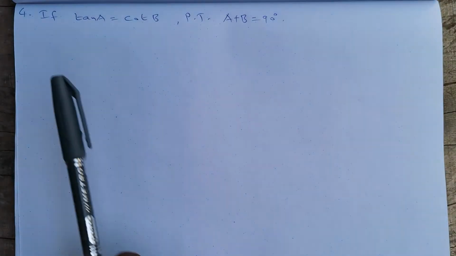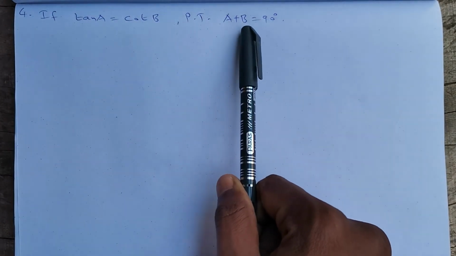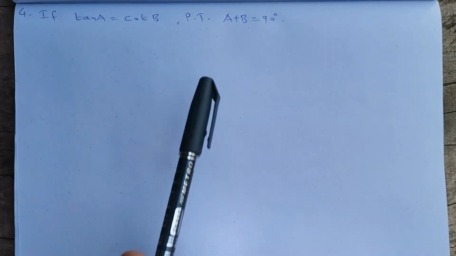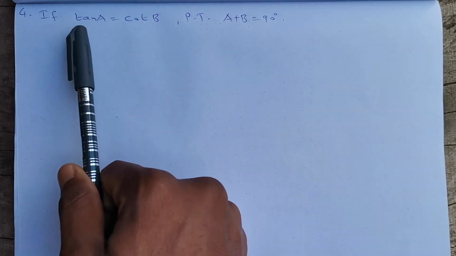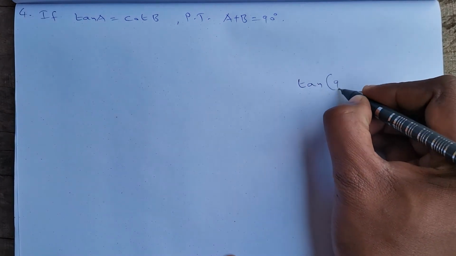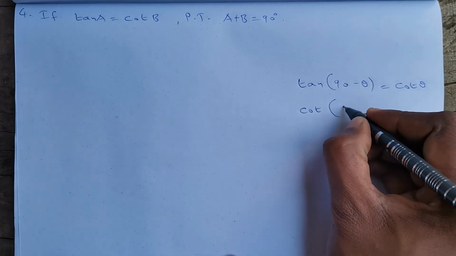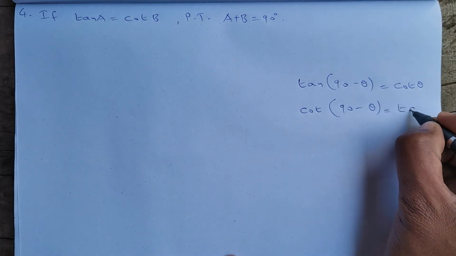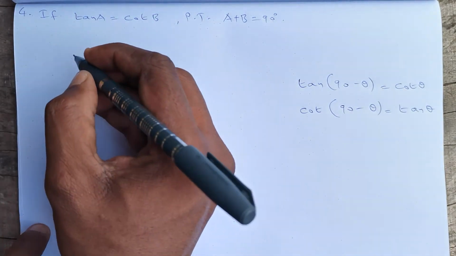Next, question number 4. If tan A is equal to cot B, then prove that A plus B equals 90 degrees. Here also it is the same. Before comparing the angles, we need to have the same trigonometric ratio on both sides. But here on the left side we have tan and on the right side we have cot. So any one we need to change. The formula we have is tan of (90 minus theta) equals cot theta. Cot of (90 minus theta) is equal to tan theta. Now, the left side I am not going to touch. I am writing it as it is: tan A